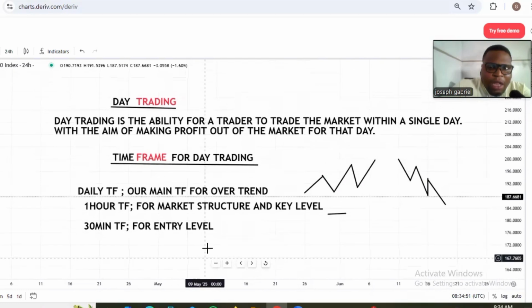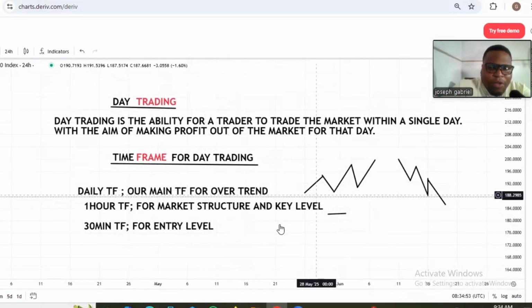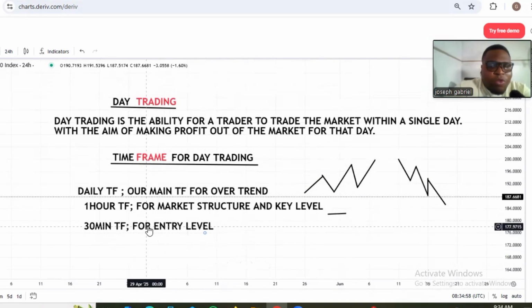On the 30 minute time frame, we are looking for entry. So 30 minutes is just to mark out our entry. Actually, some traders use 2 time frames, but I tend to break this into 3 so that we can understand it clearly and you can follow the way I'm going to show you, which makes it very, very easy. Then maybe after watching, you can go and refine your own. But these 3 time frames I'm giving will help you understand it very clearly.